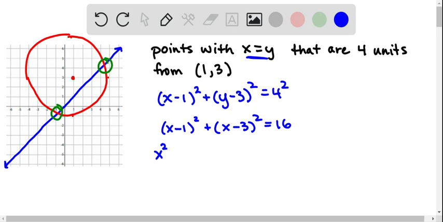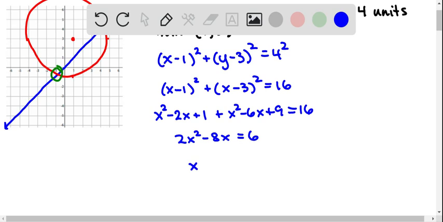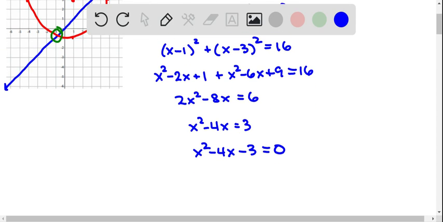Let's multiply everything out. We get x² − 2x + 1 + x² − 6x + 9 = 16. So we have 2x² − 8x = 6. Let's divide the equation by 2. x² − 4x = 3, and subtract 3 from both sides. And it would be great if that equation was factorable, but it's not looking like it will be, so we'll